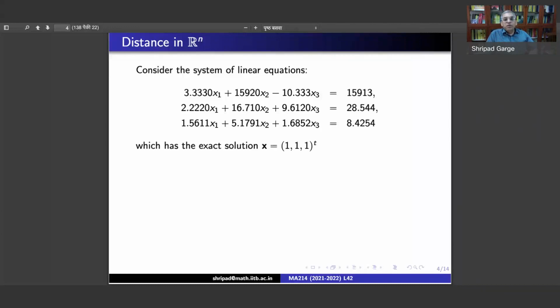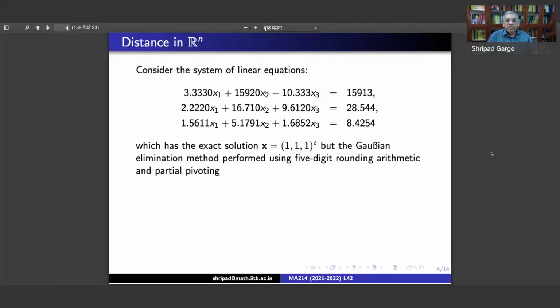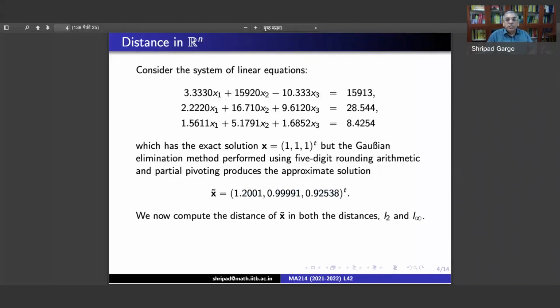So if you put x1 equal to 1, x2 equal to 1 and x3 equal to 1, then this is the solution for the corresponding system. But suppose we apply the Gaussian elimination method using 5-digit rounding arithmetic, and suppose whenever we need partial pivoting we apply that, then we get this particular approximate solution, which is 1.2001, 0.99991 and 0.92538. Now what we want to do is to compute the distance of this approximate solution from the original solution,